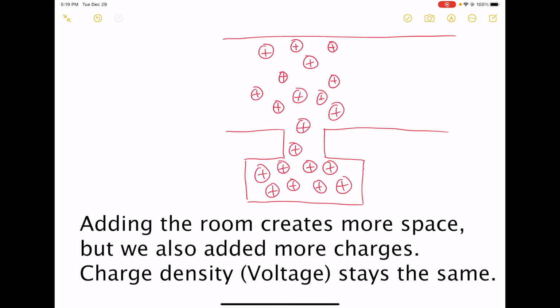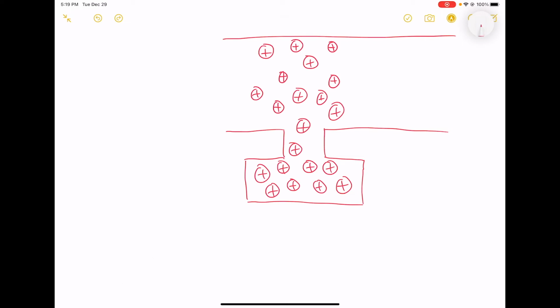Let's see what happens when we take two positive charges off of this thing. So first of all, let's count the total number of positive charges that we have. 21. Okay, so we've got 21 charges in our whole system here. So if we take two of these charges away from the wire, then we're going to go from having 21 positive charges to 19. Okay? So that's less than a 5%